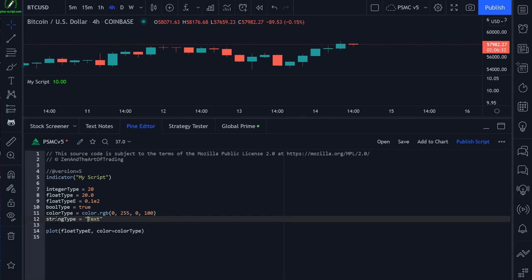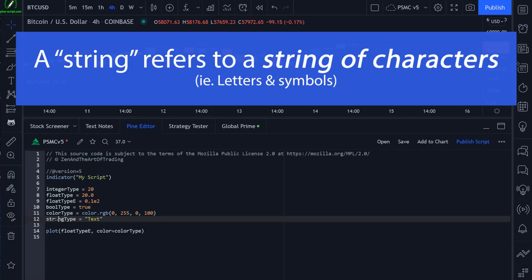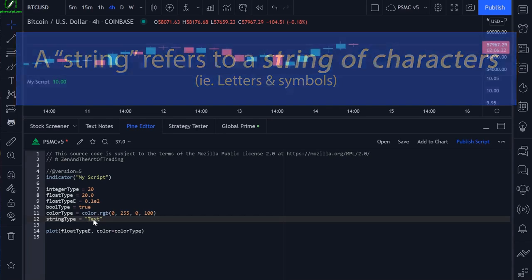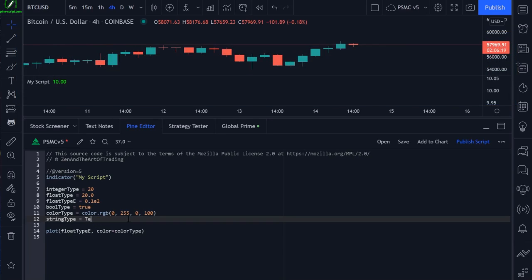text. So string is just what programmers call text. And in order to define it, we need to put 2 quotation marks on either side of our text. The reason why we do that is if we just say text here, then PineScript doesn't know the difference between this and an actual function or variable in our script. If I save the script, we'll get an error here. It'll say undeclared identifier text. If we put quotation marks around it and save the script, we'll get no error because now PineScript knows that